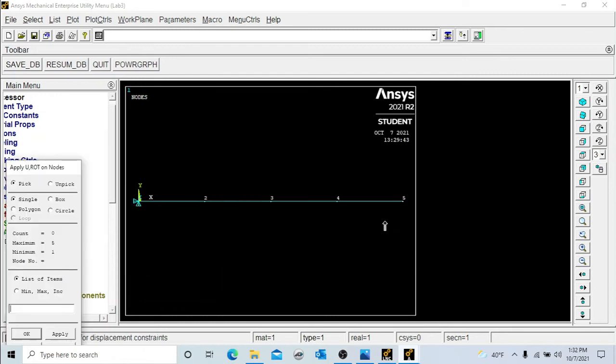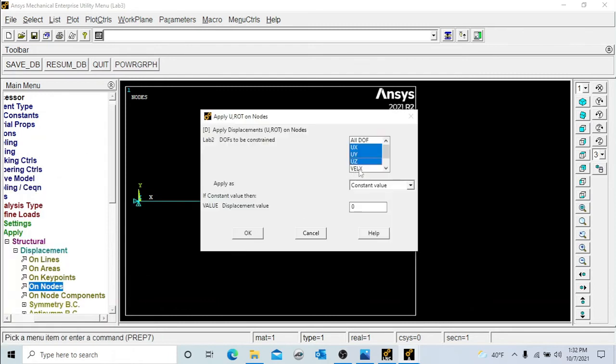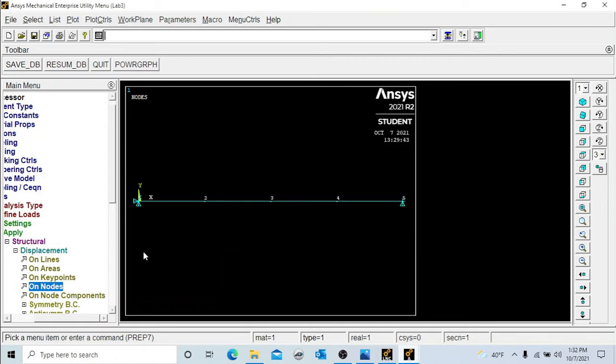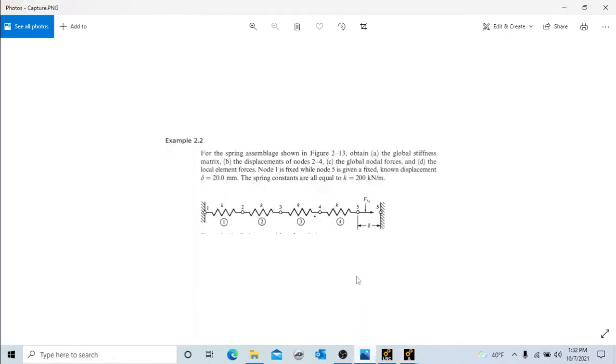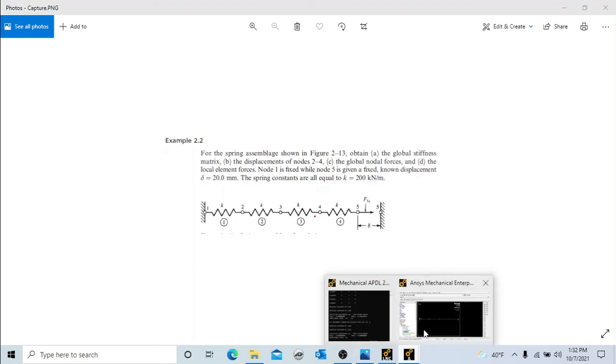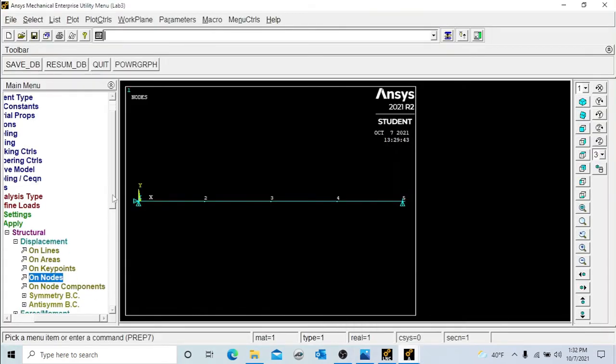Okay, for node 5 we have to allow it in x-axis. So what will I do? I will restrict uy and uz. So I have restricted uy, uz and put its displacement value equal to 0 and simply click OK. In the next step we will see if we have a load, then we will apply that load. But if we can see, there is no load in our problem, but we have a displacement value, so we will give it at node 5. So what we will do, we will go to